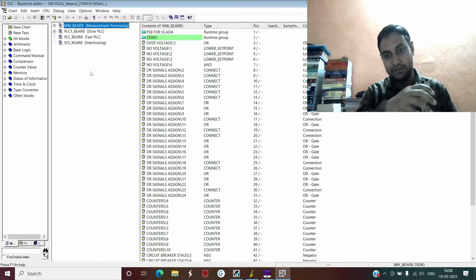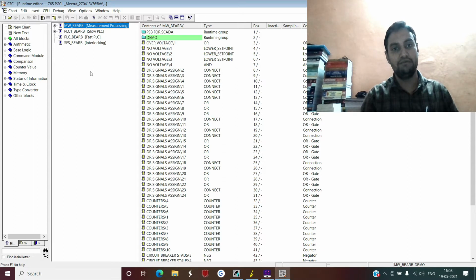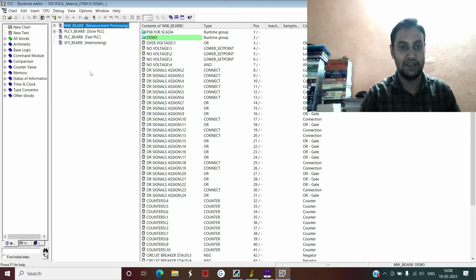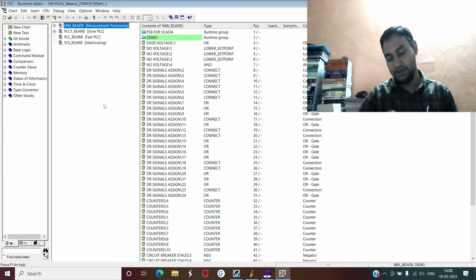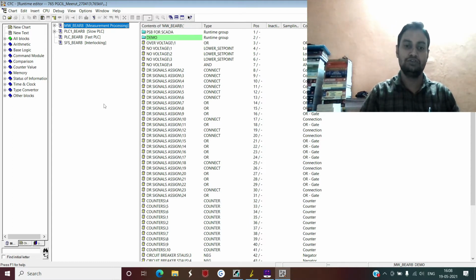So when there are a number of logics created inside the relay, those logics compiled in the fast PLC mode will be processed first, followed by the logics compiled in the slow PLC, followed by the logics compiled in the interlocking, and in the end the logics compiled in the measurement processing. That means any logics compiled in the measurement processing tab will be processed the slowest.